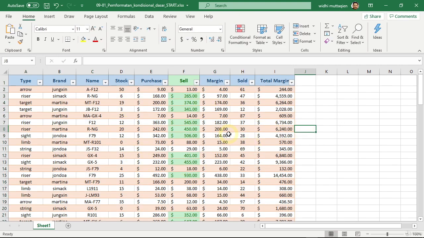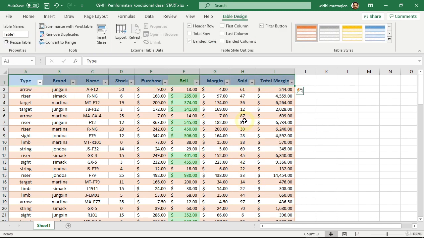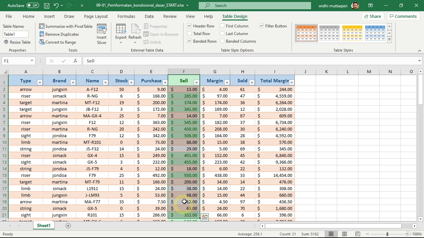This is what we get as a result. If we imagine the cell styles as layers, then the table style will occupy the bottom position. Then a custom style, for example this blue one, will be placed above the table style. And so, the custom style will cover or override the table style. And finally is the style from conditional formatting. This style will be prioritized by Excel so that it will be placed at the top, covering or overriding the other styles underneath it.